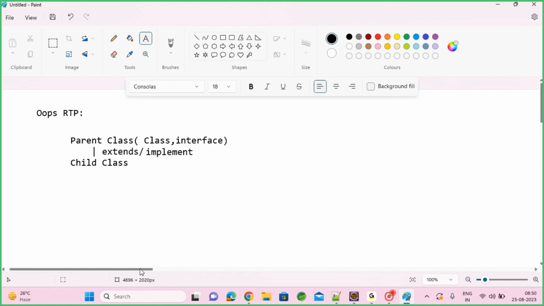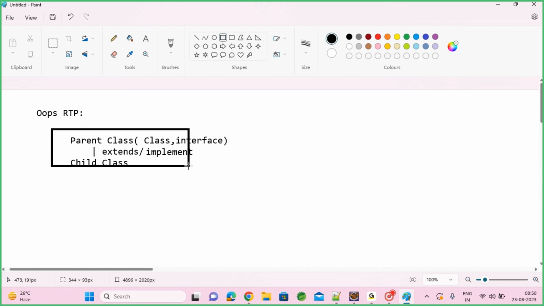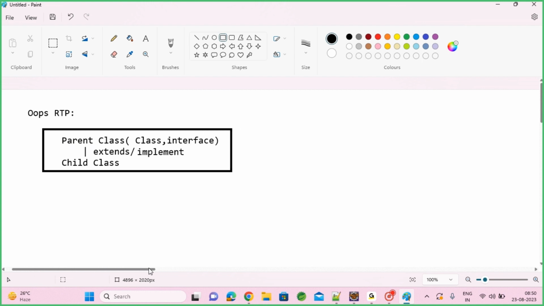So this rule or this principle is going to provide you a lot of other benefits when you extend or when you implement, right? When you have a parent-child class relationship, using this principle, we are going to achieve so many advantages, especially in an MVC application, especially with dependency injection. In general, when you have a dependency,